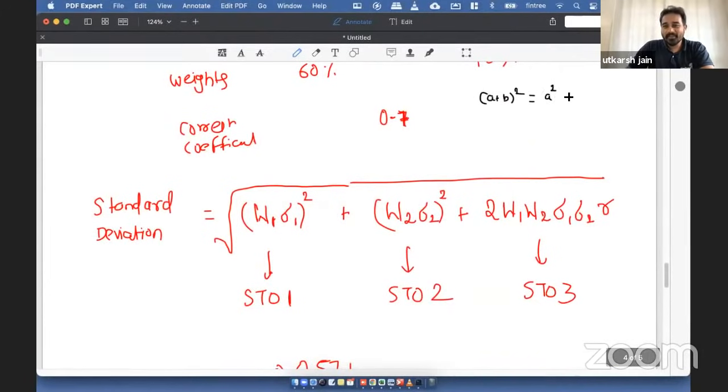Anyways, yeah. So a square plus b square plus 2ab, right? Don't do it now. You can go and look up the joke later on. Okay, now please focus. So a square plus b square plus 2ab,